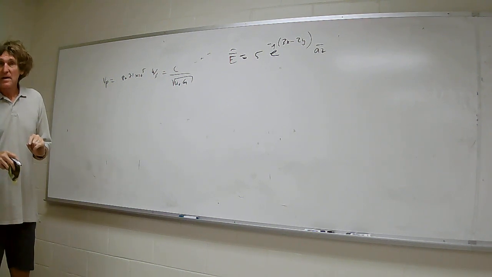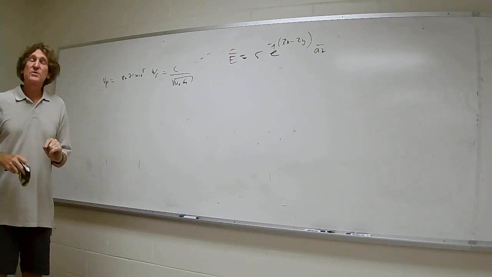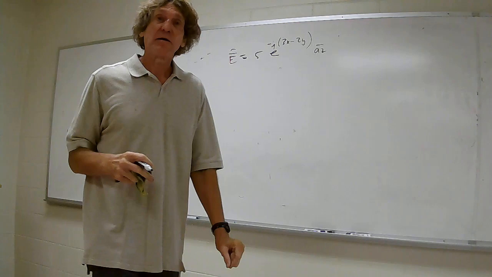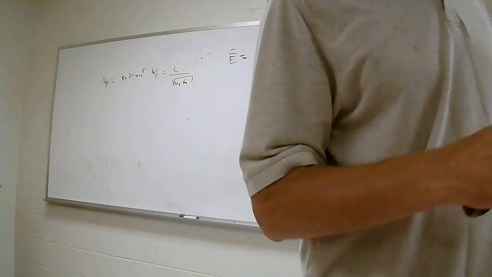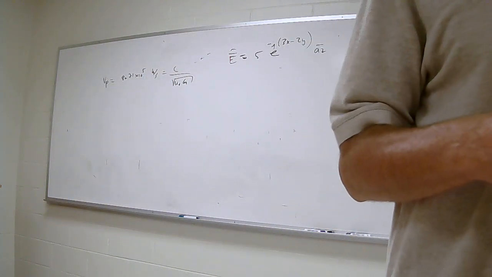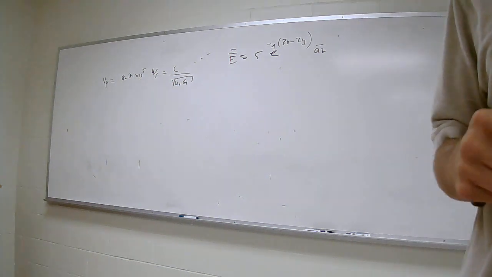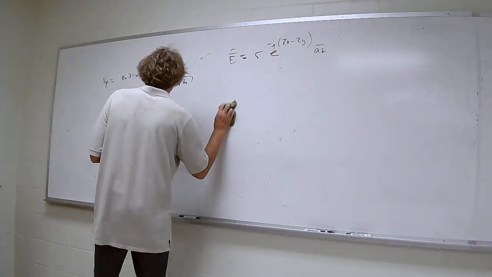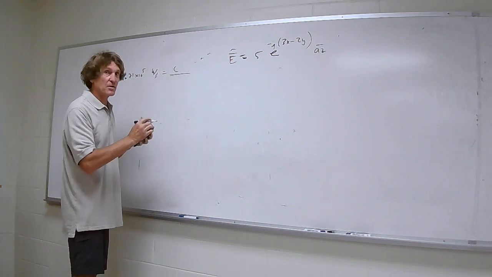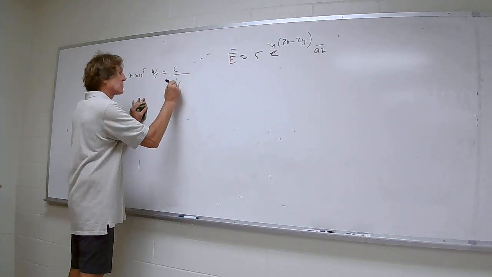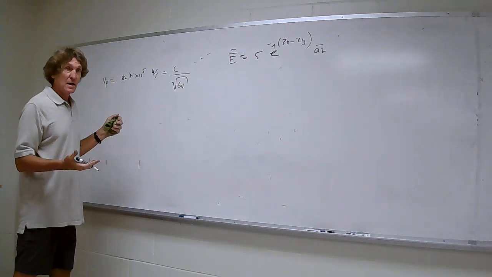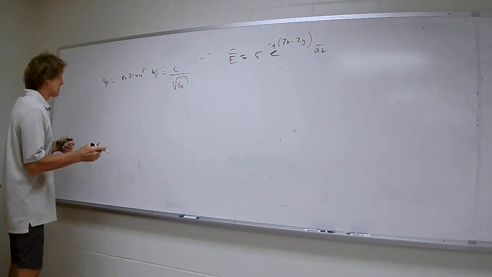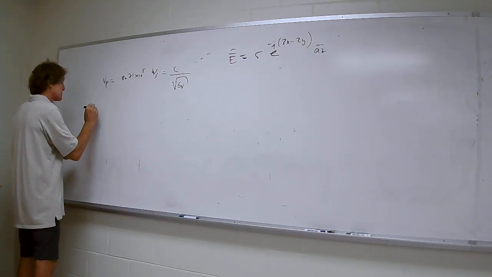He does it by taking the curl of E or H. He takes the curl of E and sets it equal to minus j omega mu, right? So he assumes mu naught. It doesn't state it's mu naught, but if it was non-magnetic, it would be mu naught. If he makes that assumption, then we can just say this is the square root of epsilon relative. You agree with that? If he assumes mu relative is 1,